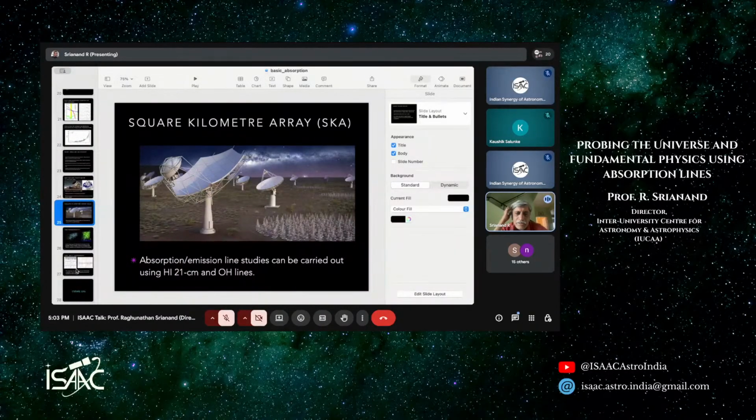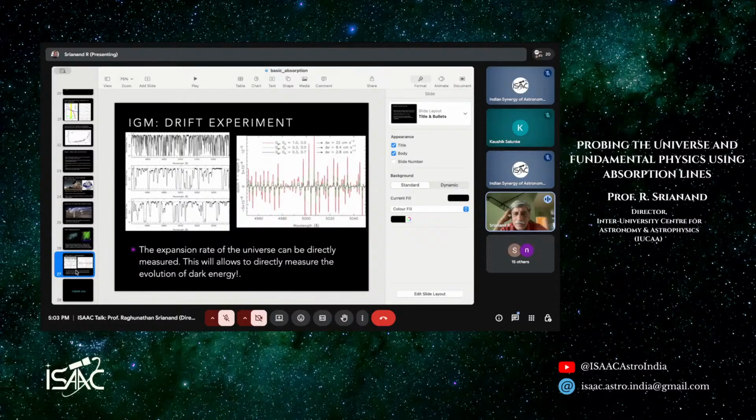This will give more insights into the problems we are discussing. Lastly, to show what kind of power we will have, this is the last slide. I just wanted to show one thought experiment we will be able to do, so that you can see the power of such big telescopes. I just told you that when you look at quasar absorption lines, this kind of spectrum appears when the object is far away. Each one of them is an absorption produced by hydrogen. So imagine that you have a sight line through which a photon has propagated. We thought about one photon which has traveled through the whole universe.